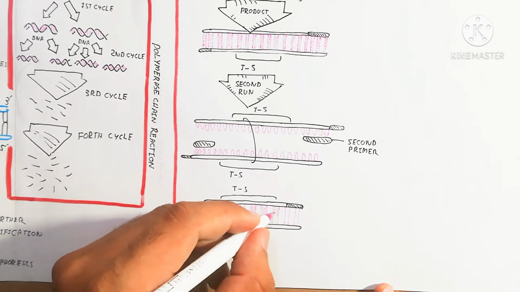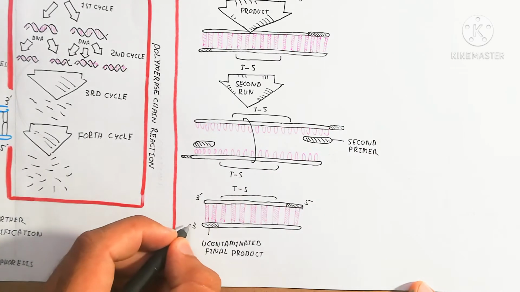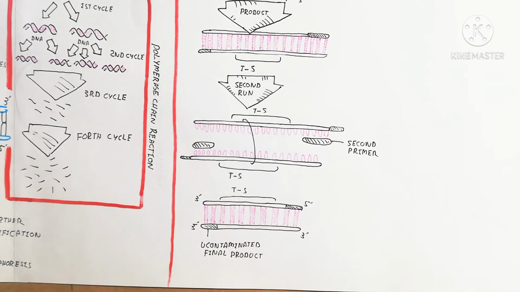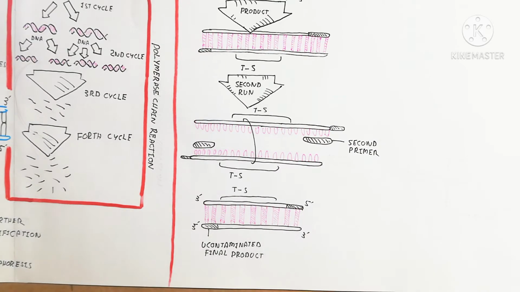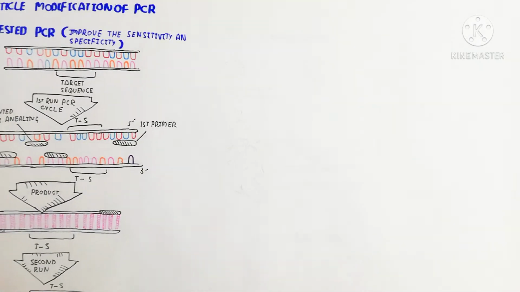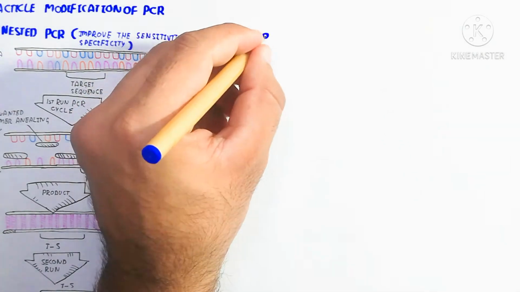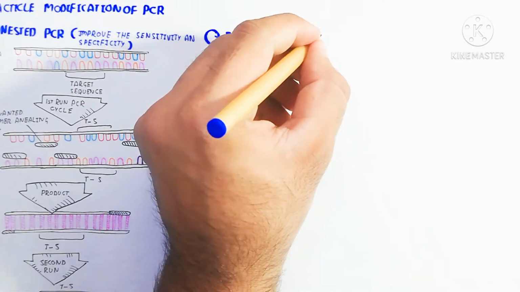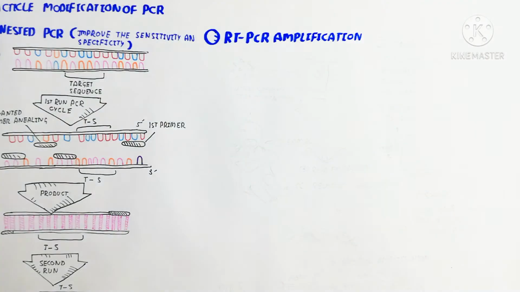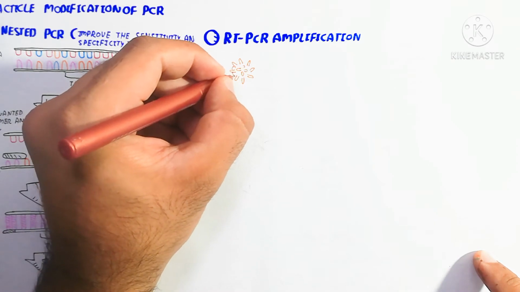While on the other hand, one more modification used for PCR is known as the RT-PCR amplification. We will discuss RT-PCR amplification in the next steps. You can follow it. So here is the RT-PCR amplification, which is used for the identification of virus. For example, viral genome identification, meaning the viral genome affecting the human body.